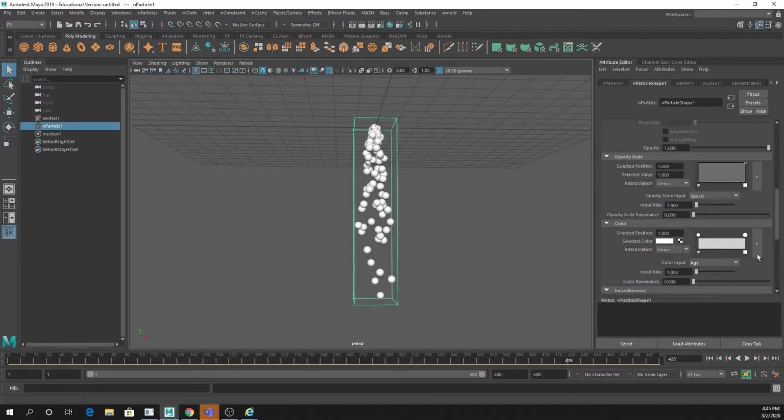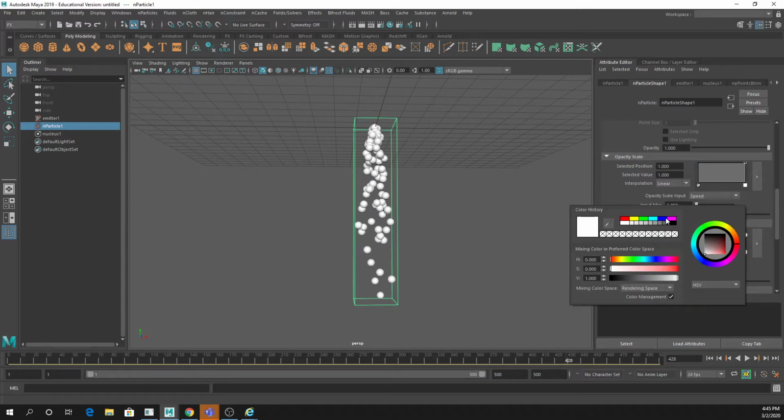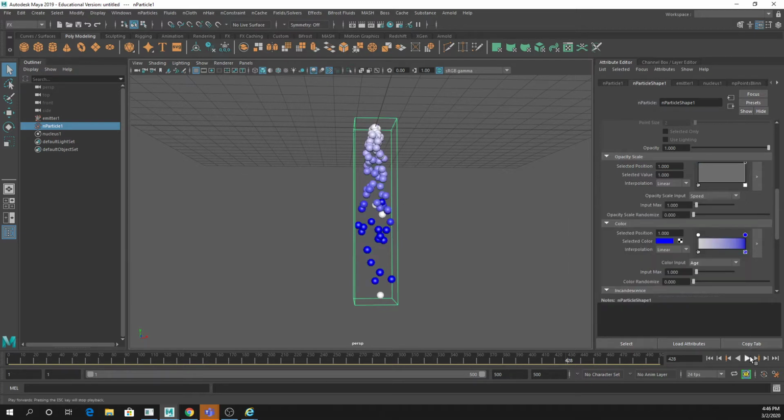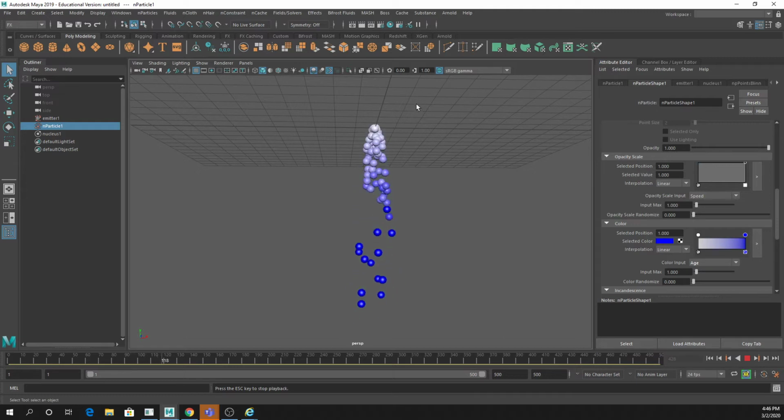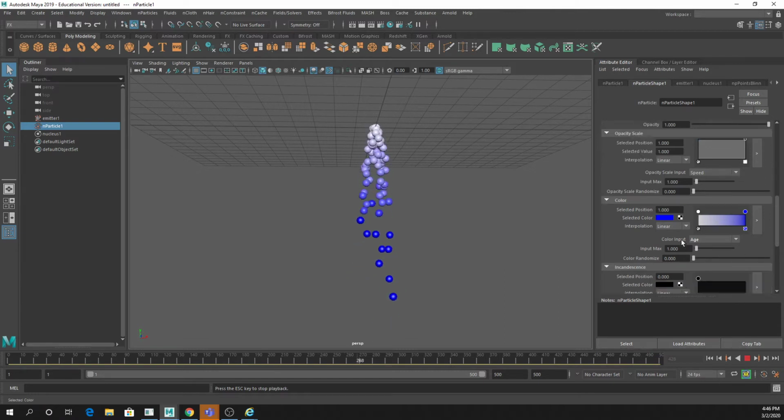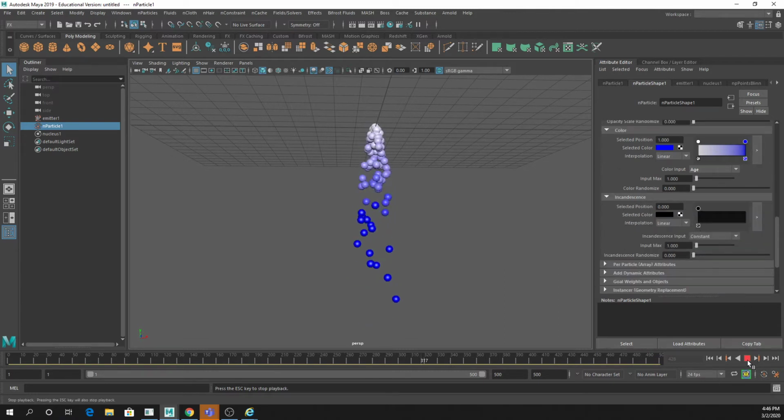So I'll just make this ramp and you basically have them turn blue or something crazy. So this could be something where, again, if you did want to make some kind of little particle water fountain or something like that, you'd have these particles that would get more transparent or turn a slightly different color as they were shooting out of whatever you're shooting them out of. So the other thing that you can look at, and this is probably more relevant for